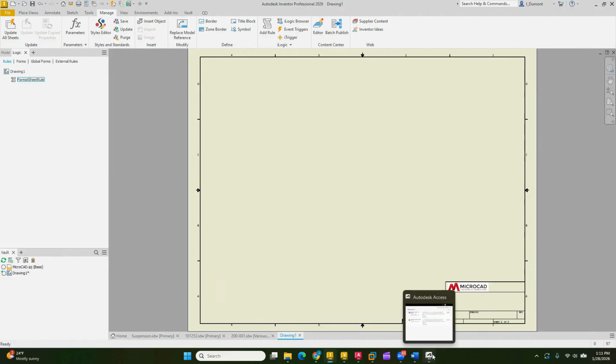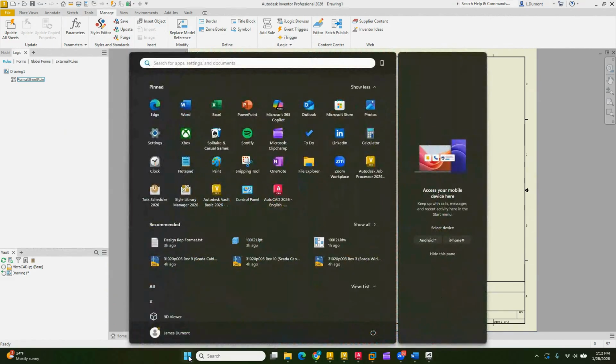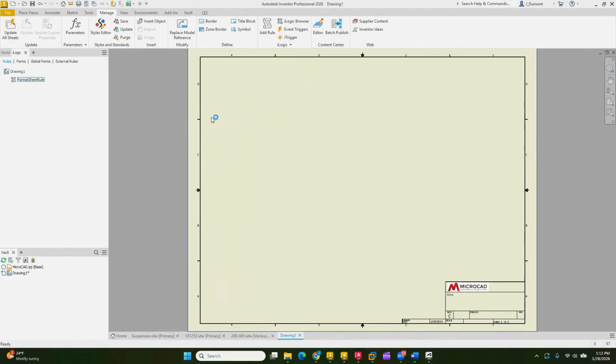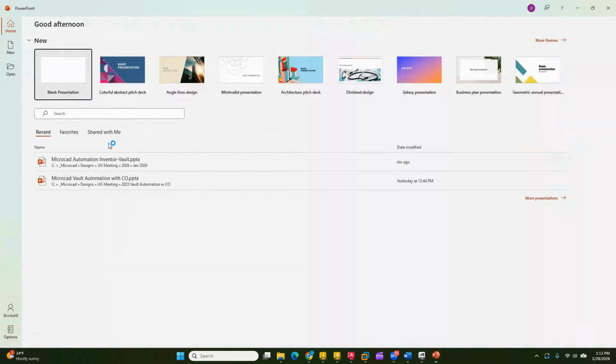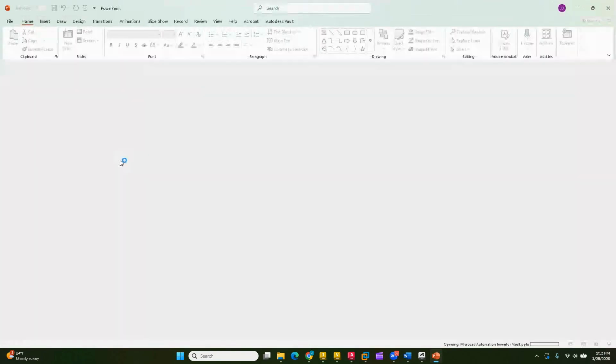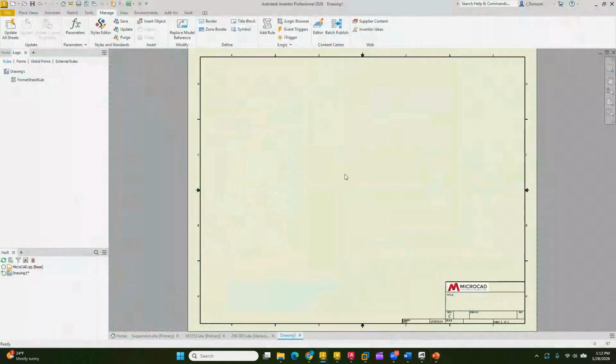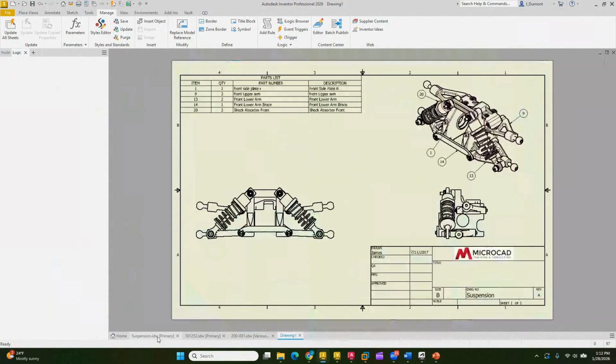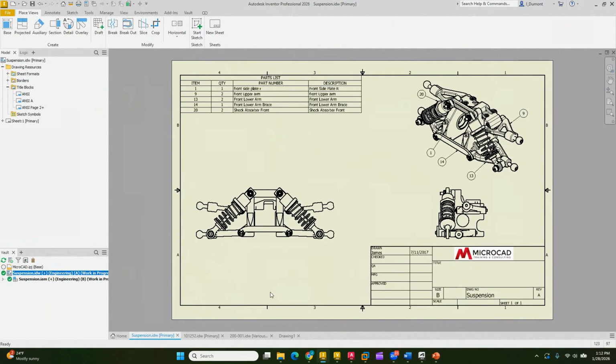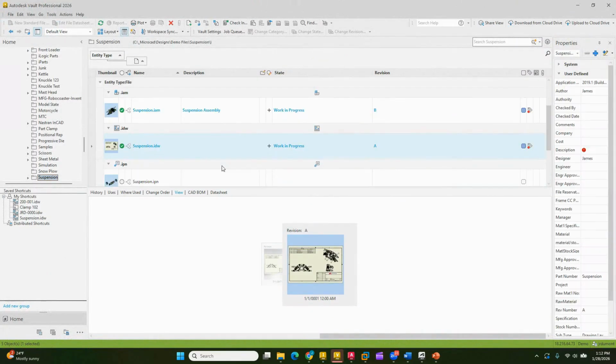And then we're going to go look at, let's see. So we did the title block. Now I'm going to look at the drawing iProperties. Most of our customers today have been using Vault, and they've been upgrading from Vault Basic to Vault Professional. And when they look at a file like this, right now this is great. We have the views, we have all the detailed drawings. And if we go look at Vault, one of the issues we're going to have is when I check this